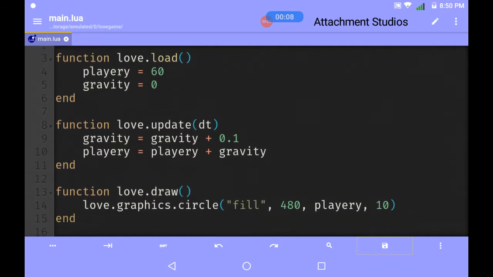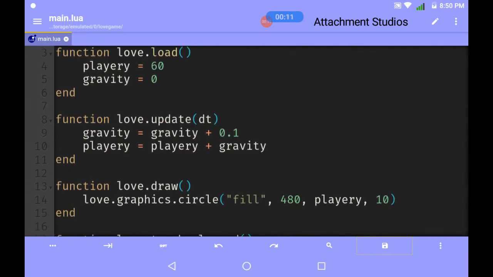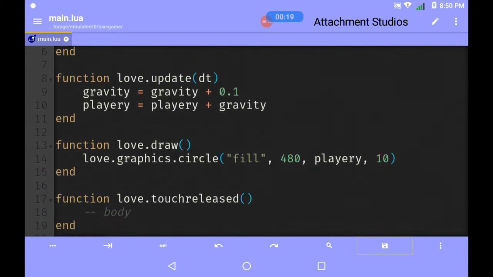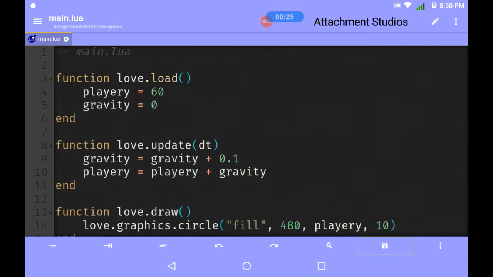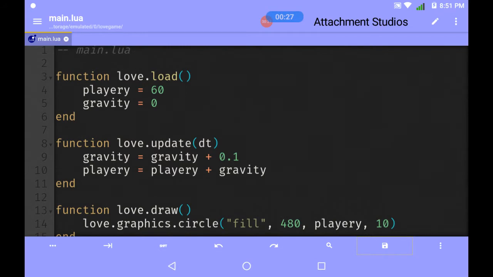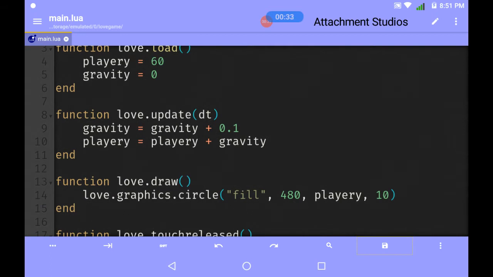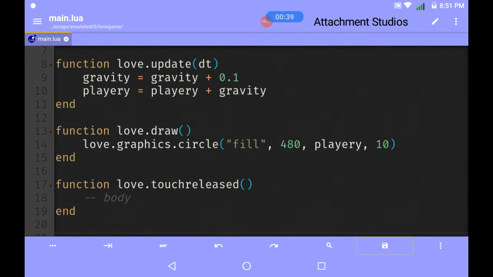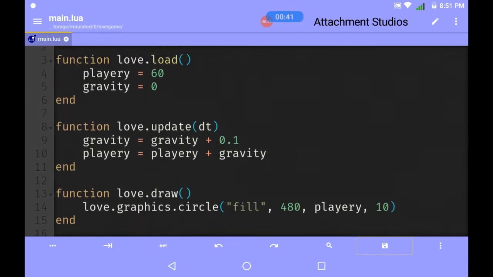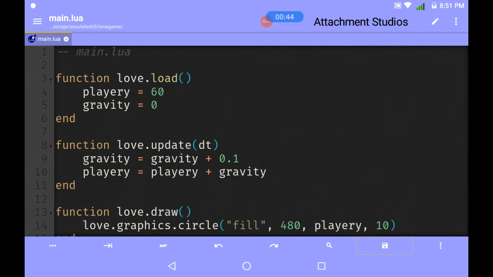Today we will be making some basic functions for jumping in games like Flappy Bird and other types of platformer games and jumping games and other things. For this we have already created one template. I actually made a video on how to make player gravity, and now for jumping I will do a separate video. And jumping is quite easy, but this time I have made some changes because now I don't